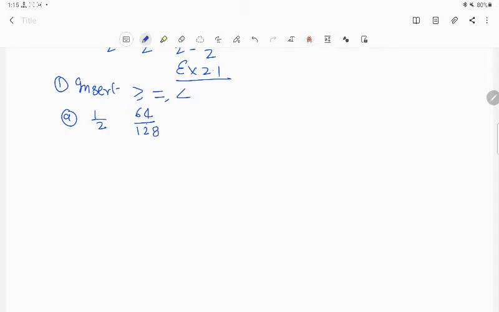How can you change the given fraction into standard fraction or lowest form of the fraction? You find the HCF of numerator and denominator of the given fraction and divide numerator and denominator by their HCF. Or you cut the fraction till it cannot be cut again. It means there is no common factor remaining between numerator and denominator. So I tell you to find the HCF of numerator and denominator.